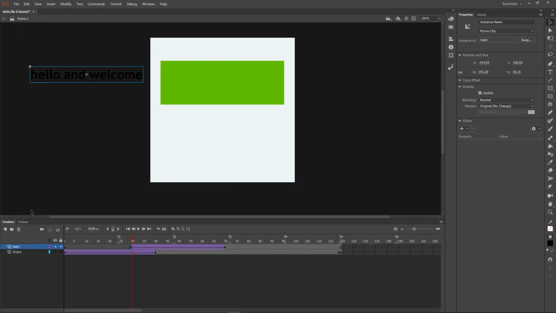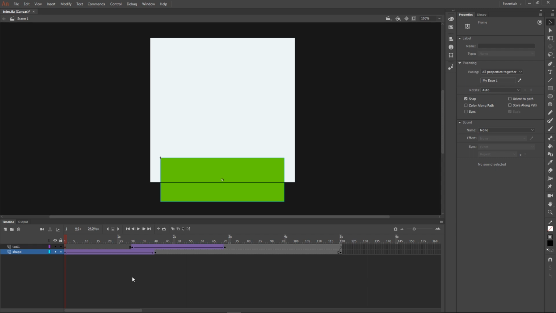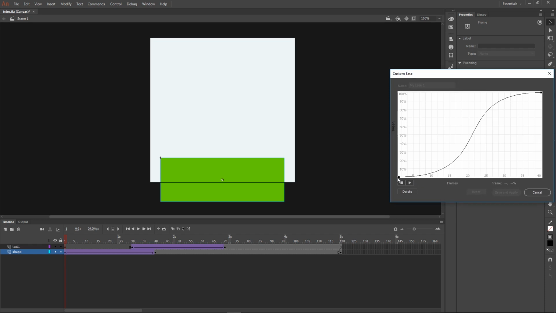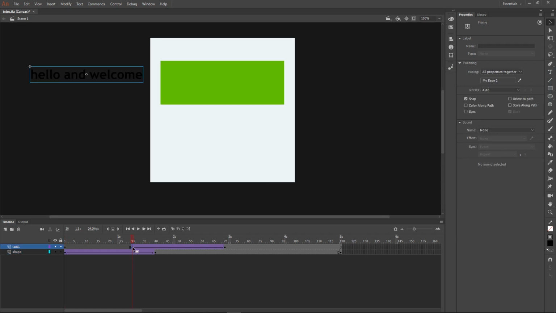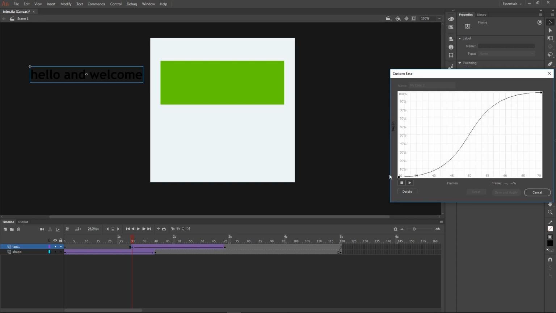But maybe you would like to have the exact same easing animation for the shape and for the text. So what you can do is, once you create some ease that you like, for example this one, I can hit in here, hit this copy, then cancel, then go to your text animation, go to your custom, go to your easings, and now if I hit paste, it changed only a little bit because I was very close,